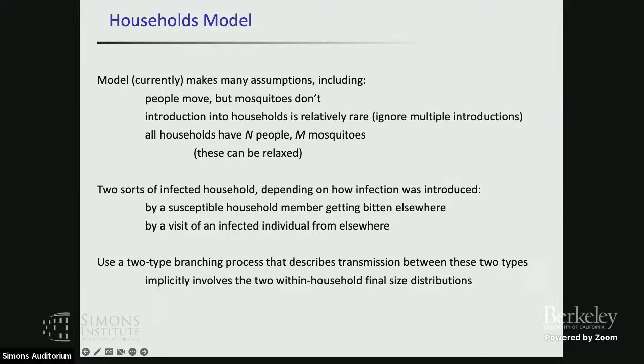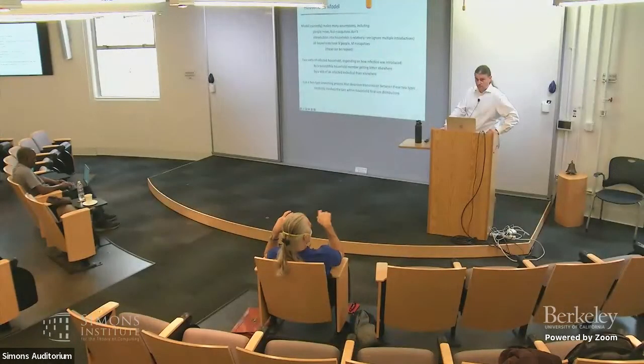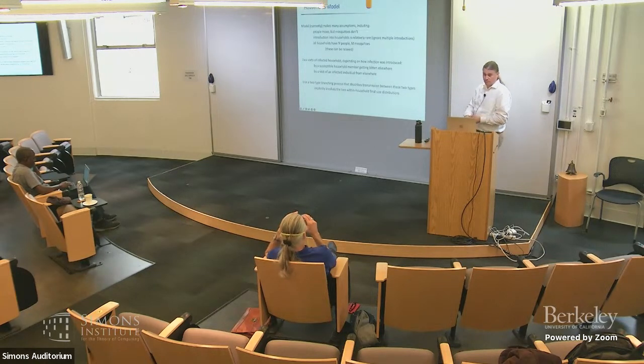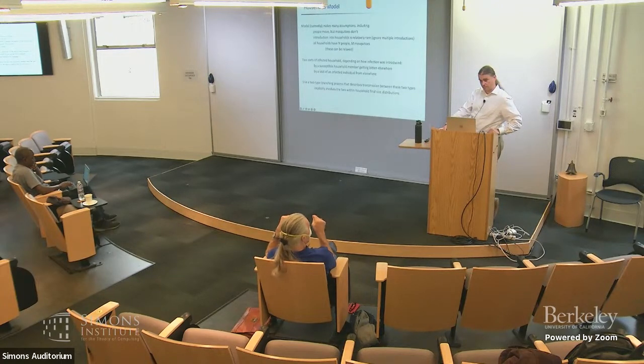Yeah. And should I think of the household as having a bipartite graph with all the mosquitoes? No. Remember, for us, mosquitoes don't move. So basically, we have mosquitoes staying in a household. We just have a collection of households, and we have movement of people between the different households. But you do not really model that a person gets bitten by a mosquito. Do you model that stochasticity? Yeah, at the level of a household, yes.